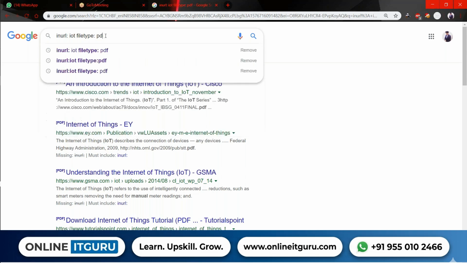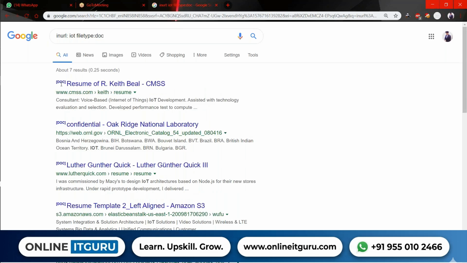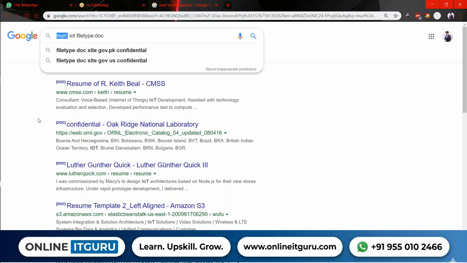And if I don't want PDF, I want doc, I'll get only doc files. Can you see this? Yep. There are more predefined keywords like intitle, intext, and site, etc.